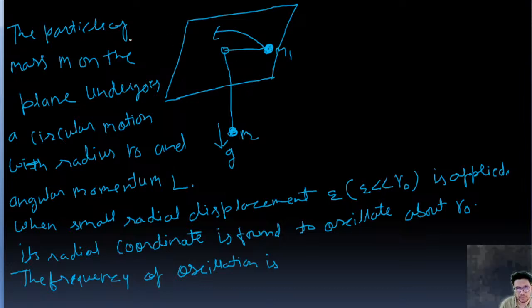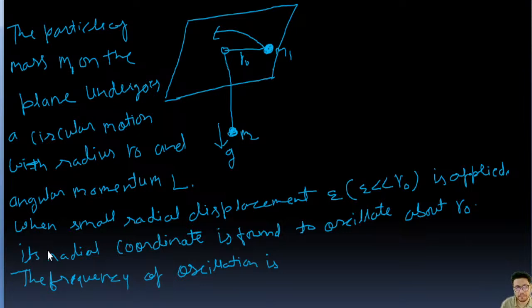Like that. And the particle of mass m1 on the plane undergoes circular motion with radius r naught and angular momentum L, which is given. When a small radial displacement, that is epsilon, much less than r naught, is applied to its radial coordinate,